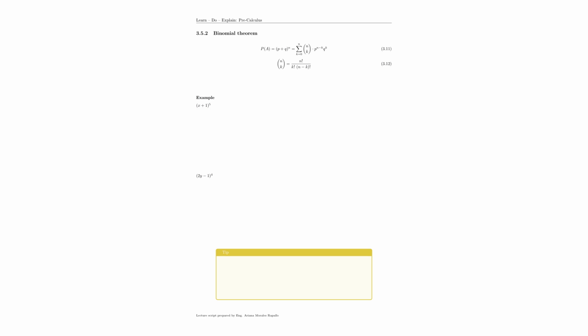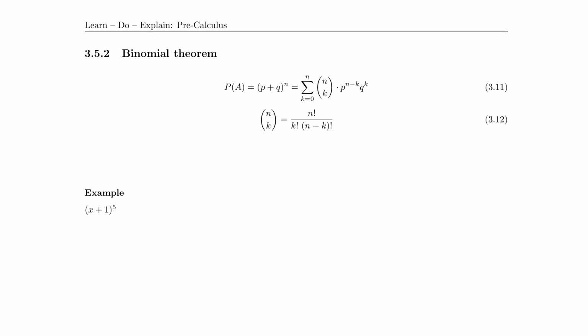Here we have the binomial theorem. What this theorem says is that we have our binomial in the form of p plus q to the power of n, and the expansion will look like this: the sum of all the terms from 0 to n,